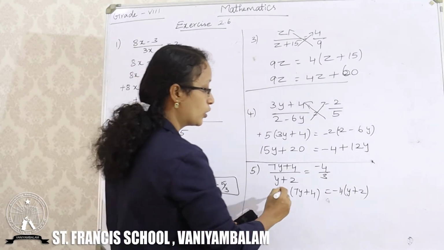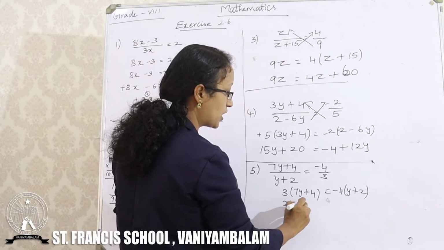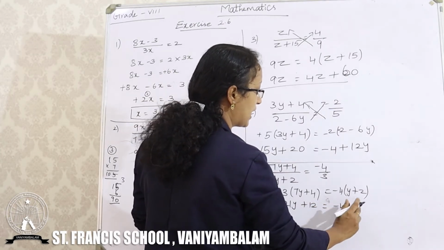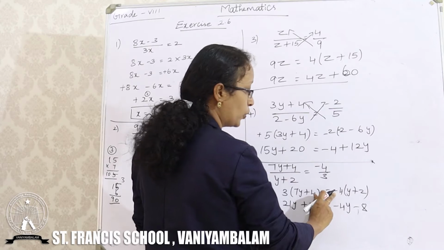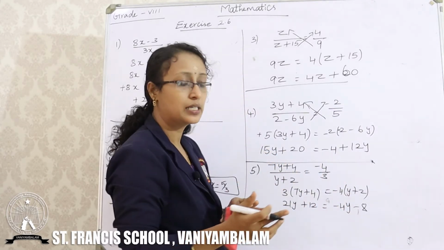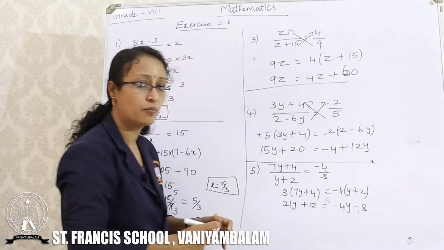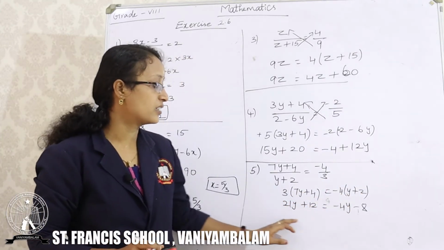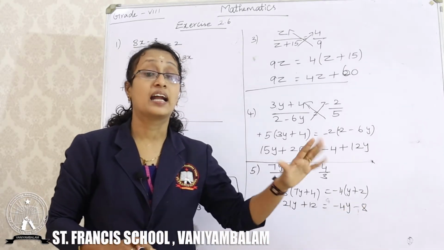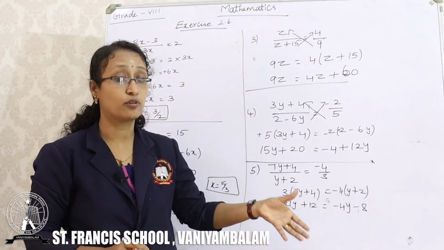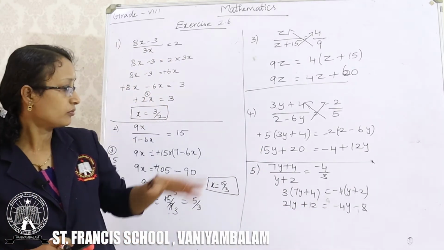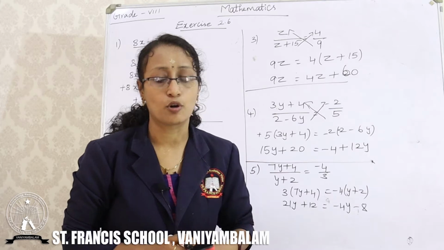So what you will do, you will multiply inside the brackets. 21y + 12 is equal to -4y - 8, because you have minus outside the bracket and inside the bracket you have plus. They are in multiplication, and different symbols when you multiply you will get minus. Take the variables on one side, left hand side, and constants to the other side, and the symbols will get changed. Be careful while writing these symbols and solve this, find the y value. This is how you will solve these 5 problems.